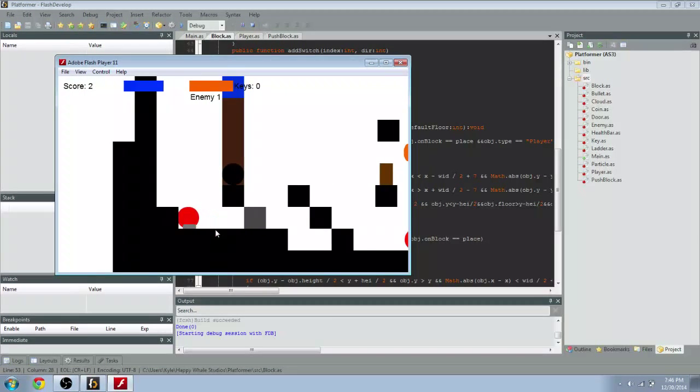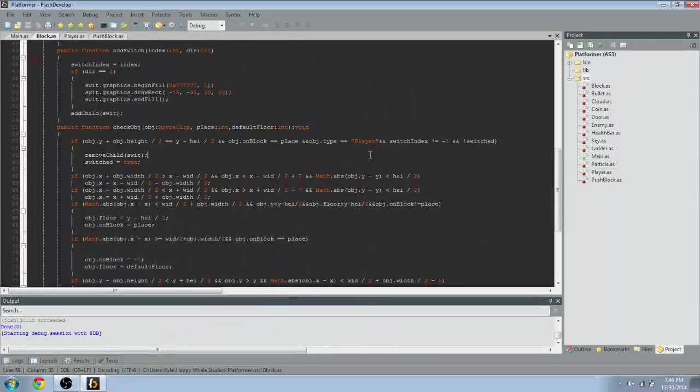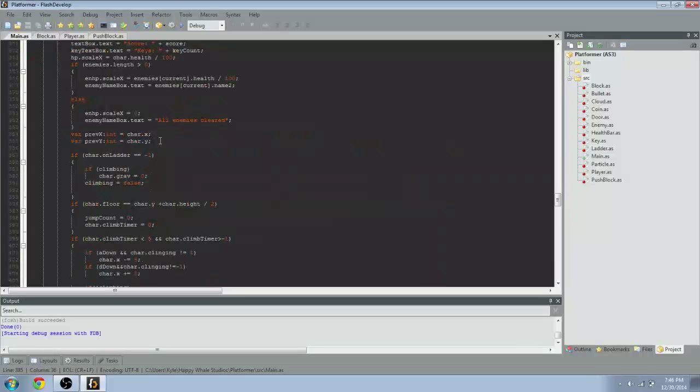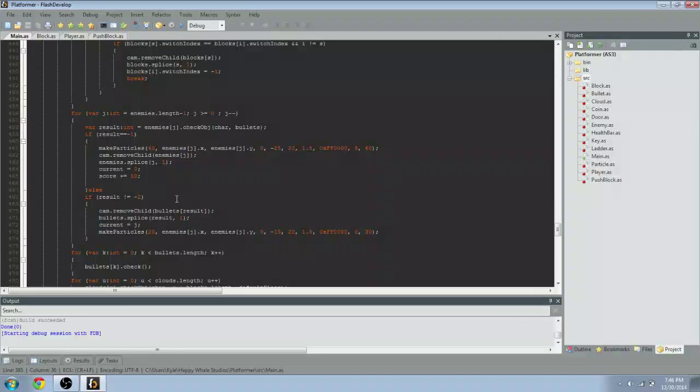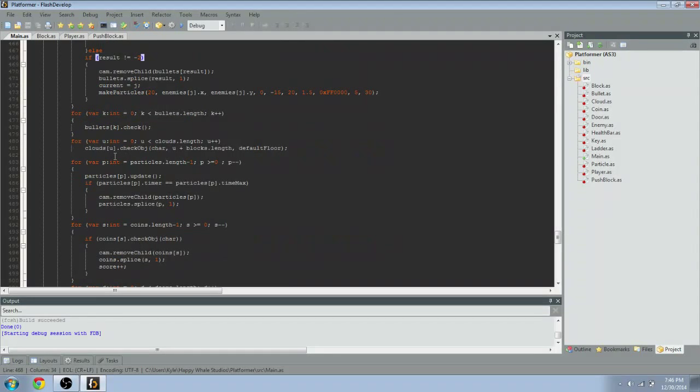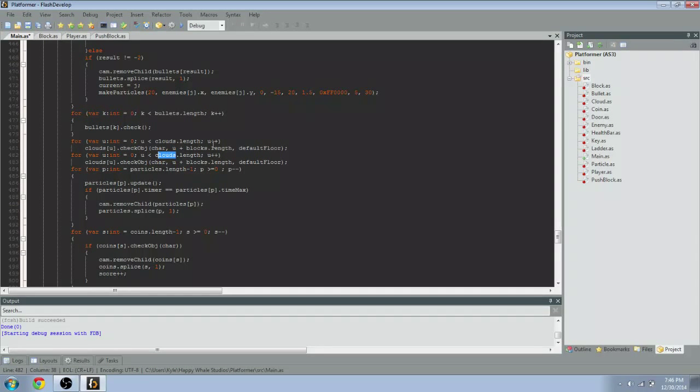because we don't even have it set up to do anything with our collision detection yet, because we haven't done the for loops. So in order to do that, we're going to go down here, and like I said before, we're going to do this a lot like the clouds one. So I'm just going to pull the clouds one and put this push block one right under it. Push blocks.length. Again, I'm going to make it Q, not taken. Push blocks Q,